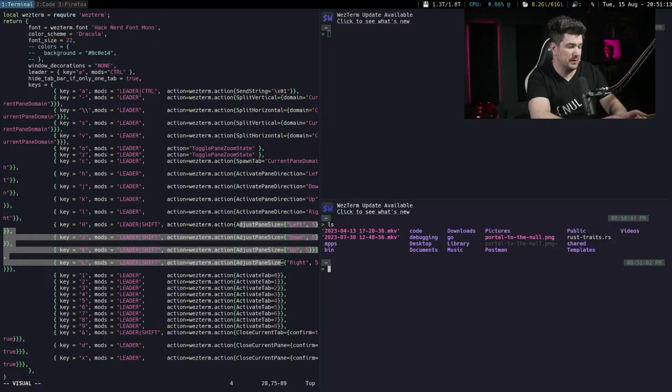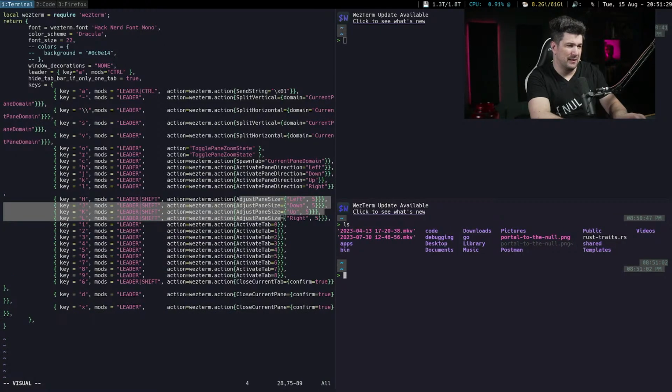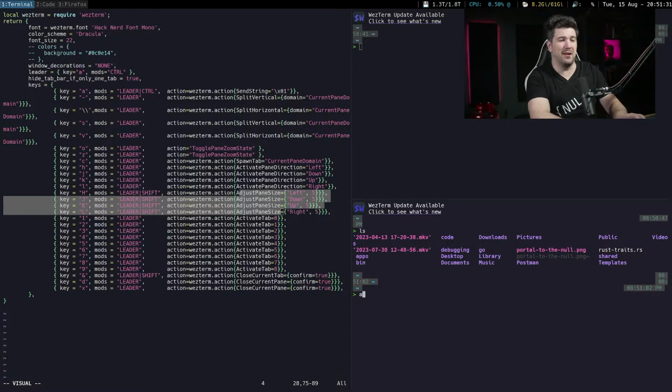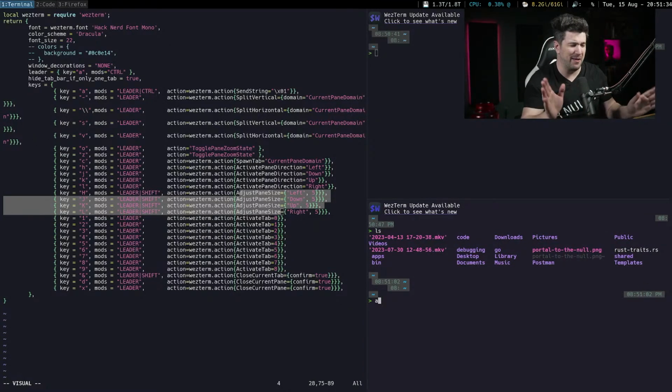Ooh, what? So this is like moving between panels. I'm not sure I like that. And I'm not sure I like a ton of this, but I have been working on it.